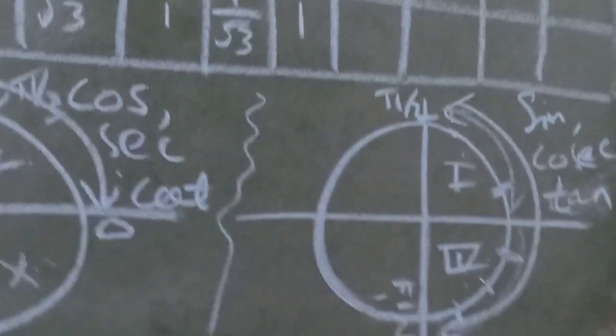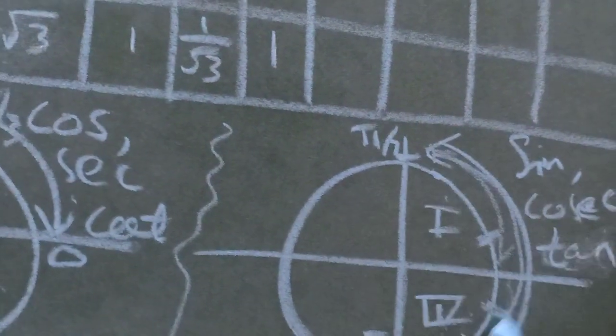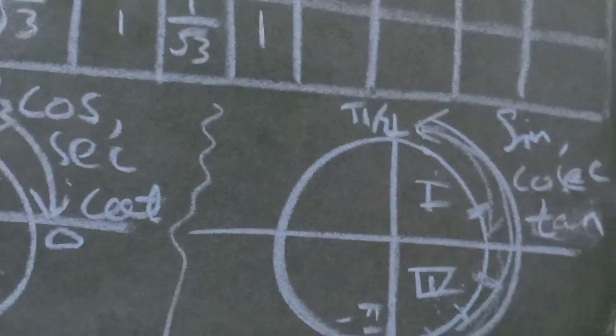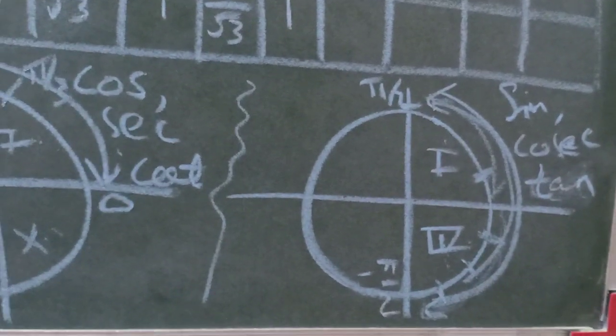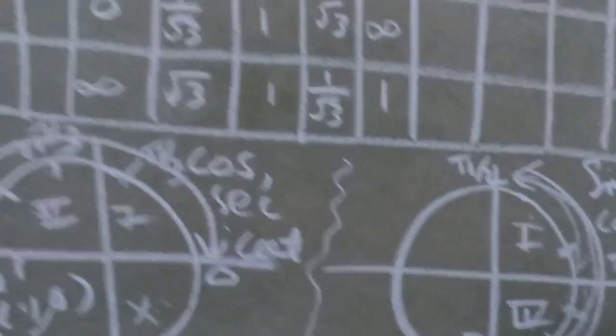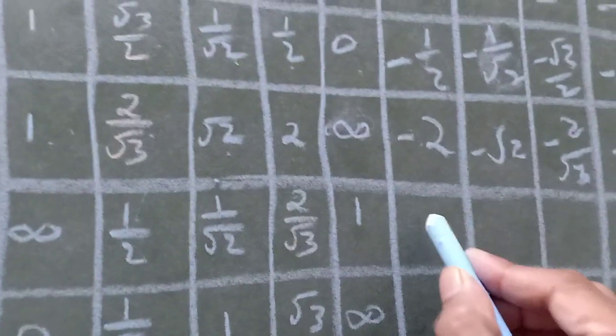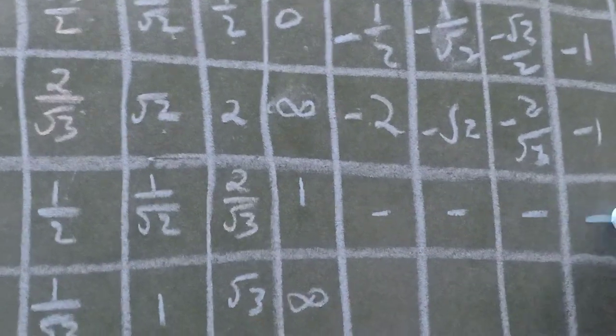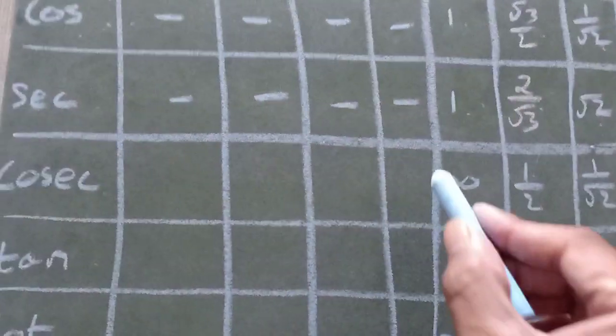Okay, now in cosec, again I told you, in the first and fourth quadrant sine, cosec and tan are defined, are one-one, so their inverse exists. So for the value of the inverse we need only the first and fourth quadrant, the second quadrant we don't bother about. So if values in the second quadrant come, then we have to bring them into the first and fourth quadrant. Okay, now we will see the values.